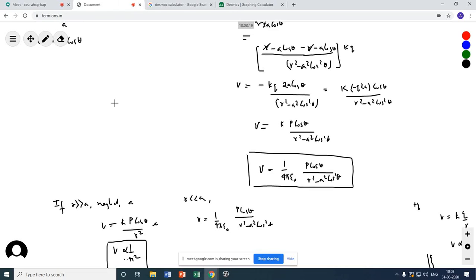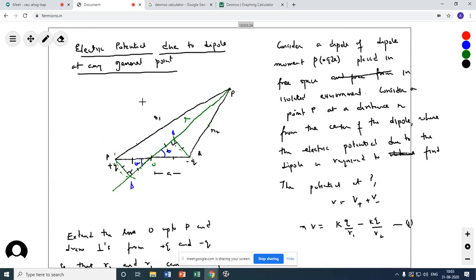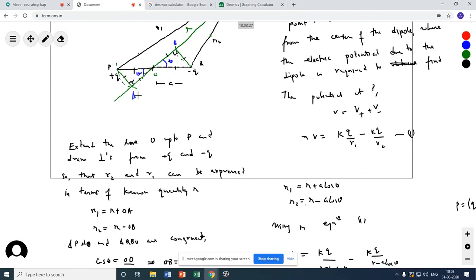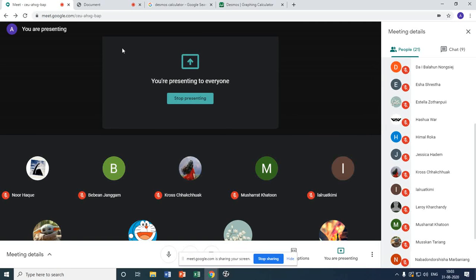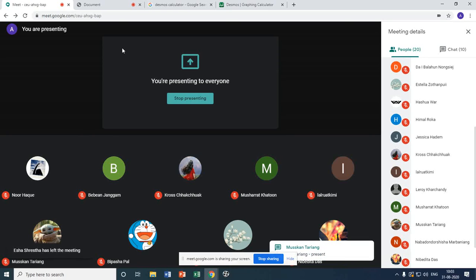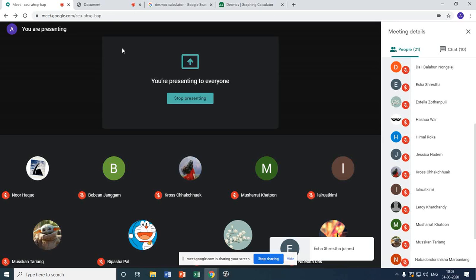So any doubt before I proceed to the next topic? I'm going to talk about this different graph very soon. But any doubt until this far? Any question to ask? Anything in the derivation you find unclear? You can ask. Please raise the question. Any doubt? Noor, any question? No.